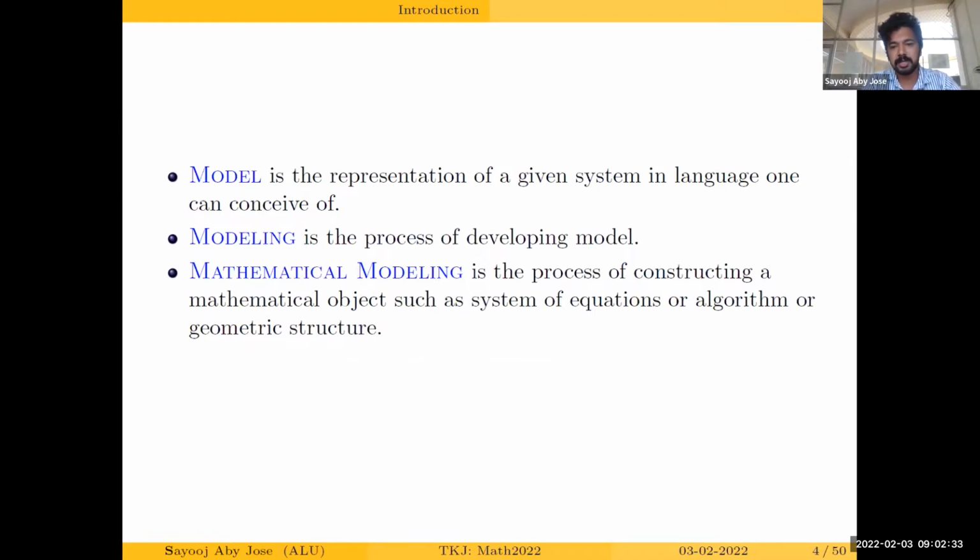A model is a representation of a given system or of something one can conceive of. Everyone is familiar with models, but here we are talking about the mathematical model. The process of developing a model is called modeling, and here I'm discussing the mathematical model. A mathematical model is a process of constructing mathematical objects such as systems of equations, algorithms, geometrical